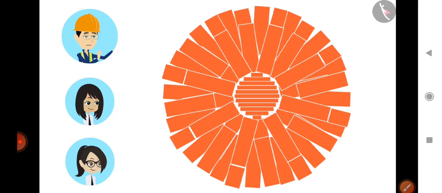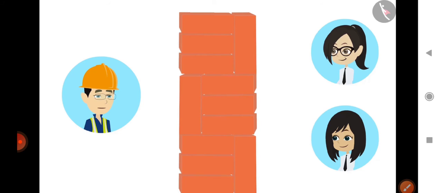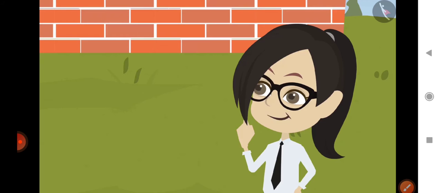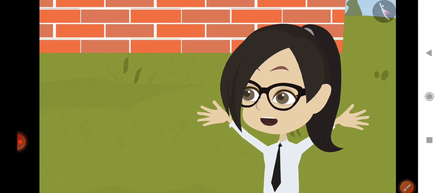See this. Sir, this design is very beautiful. Let me show you one of my favorite patterns. In our childhood, when we did not have stumps while playing cricket, we used to make similar wickets using bricks. Oh, got it, sir. This is related to cricket, so it's your favorite.